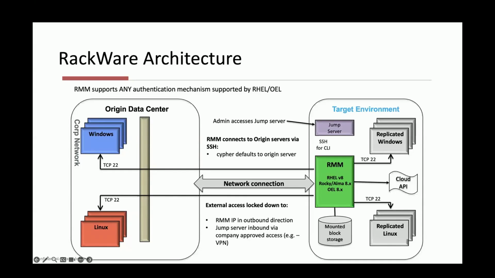Then the data is copied from the image on the RMM to the DR compute machines. And Mike alluded to the three options that we provide as part of DR setup. On the destination side, you can choose what type of DR deployment you want, whether you want to go for hot DR, warm DR, or cold DR. These three options are available to you, and these also help you manage your budget constraints along with the RTOs that you want to achieve.